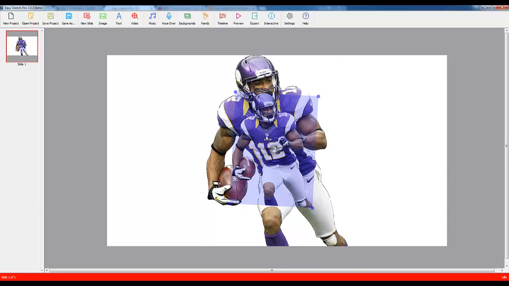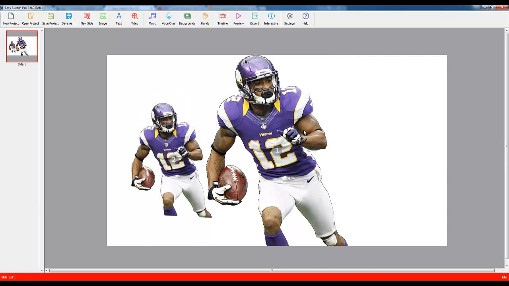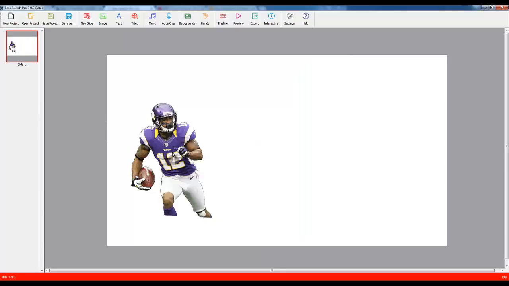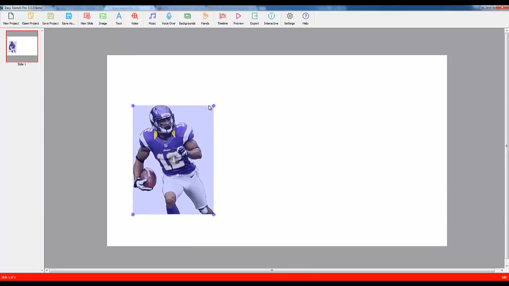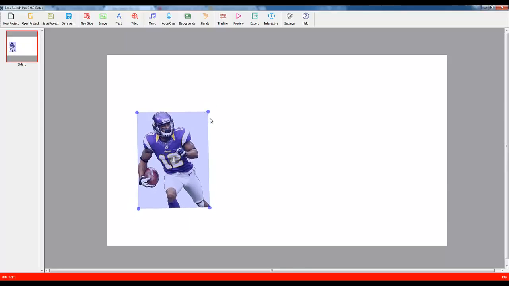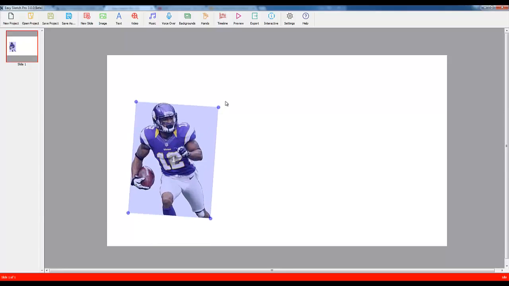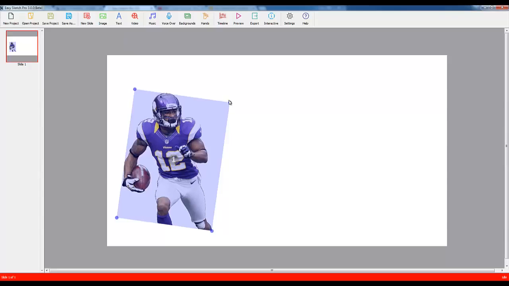I believe somehow I made a copy of it. I actually don't want two of them, so I'm going to delete one. We can resize and we can also rotate. Now mine is a little slow because I am recording this video right now and I don't have the best PC. It's not a bad one, but